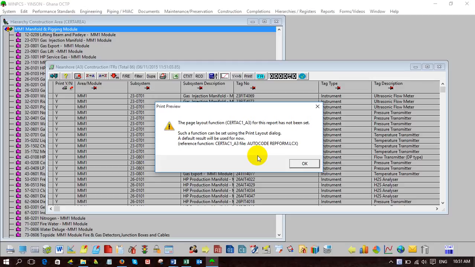This one, all system, edit, performance standard, no need to think. Performance standard, because your ITR is here. You go here, A3. This is all.